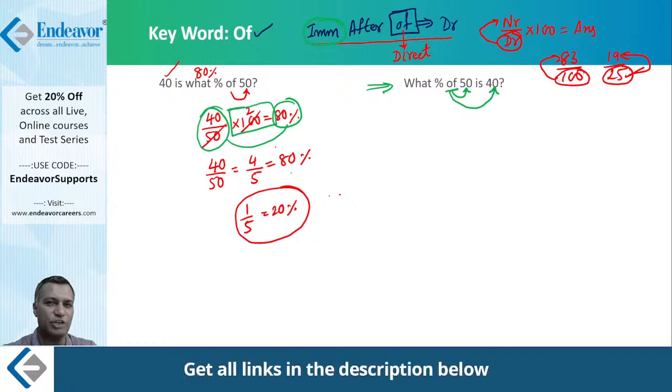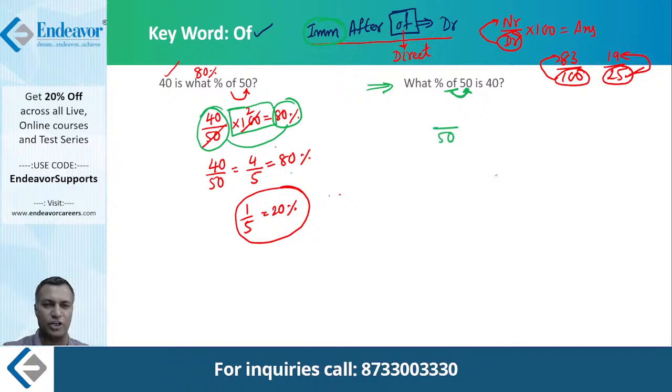It is positioning your base. All right, if you say this, what is this preposition doing? The preposition is trying to position your gold standard, right? So you say, hey, what is coming immediately after "of"? It is 50. Therefore, write 50 in the denominator and put that 40 in the numerator.